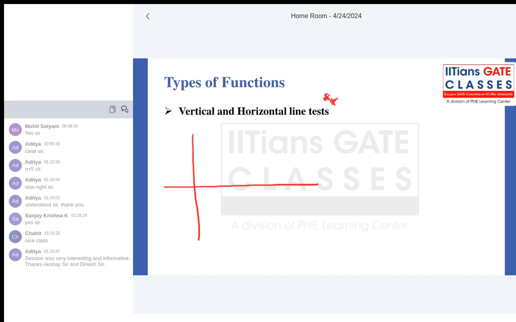So let's say you have a certain graph for a function which is like this. Let's say this is some f of x. First we'll discuss the vertical line test. What this test tells you is,